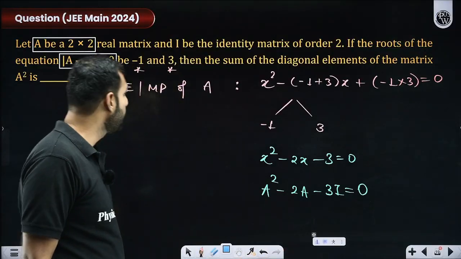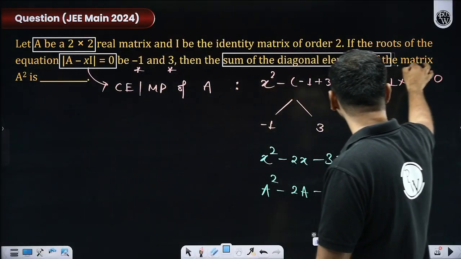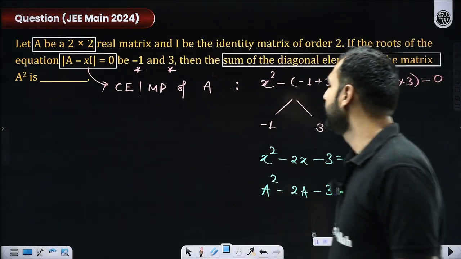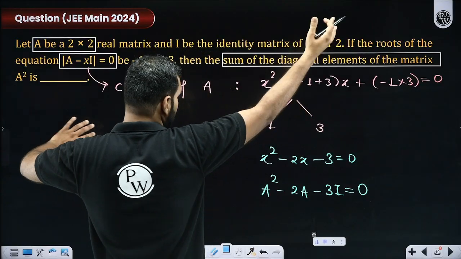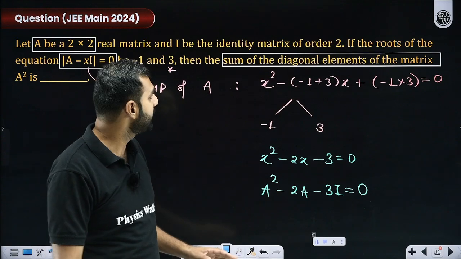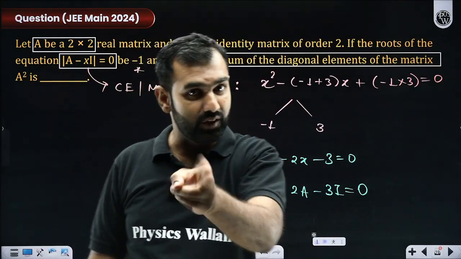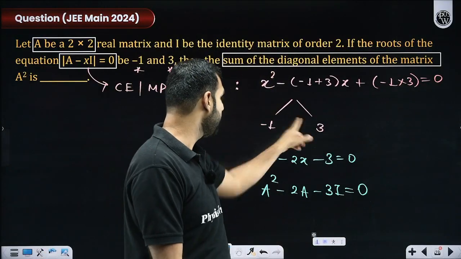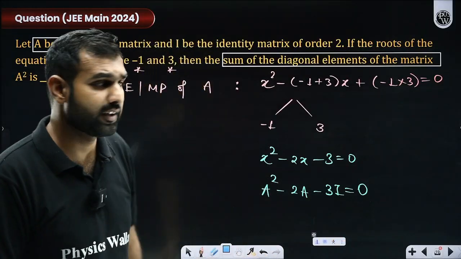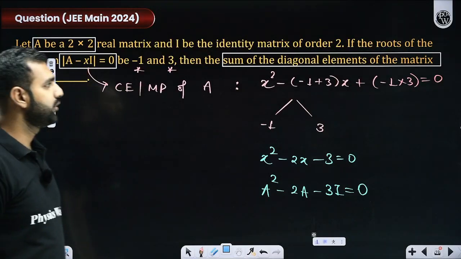So if I read the whole question, I am told sum of the diagonal elements. I think if you know the concept of eigenvalues, you know the answer already, don't you? Sir, had the sum of the diagonal elements of matrix A been asked, my answer would have been 2. Yes, because sum of the eigenvalues is equal to trace of the matrix A. So my answer would have been 3 plus minus 1, that is 2. And my job will be done. But I think they are asking you a different question. They are asking you the sum of the diagonal elements of the matrix A square.